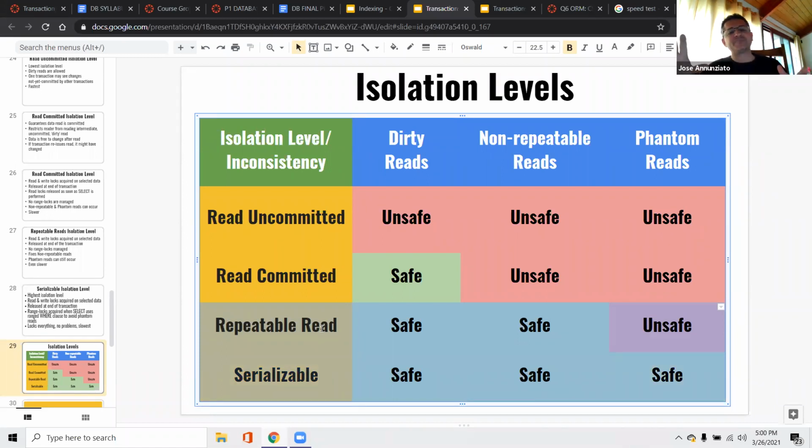fixes everything, right? Now you might say, well, why don't we always use serializable? Well, because that causes the slowest performance possible, right? Whereas read uncommitted allows you to have the fastest performance. So again, it depends, and you have to make a choice case by case, depending on the queries that you're making, depending on what the tables are being used for, if it's mostly reads and whatnot, or even considering other ways of